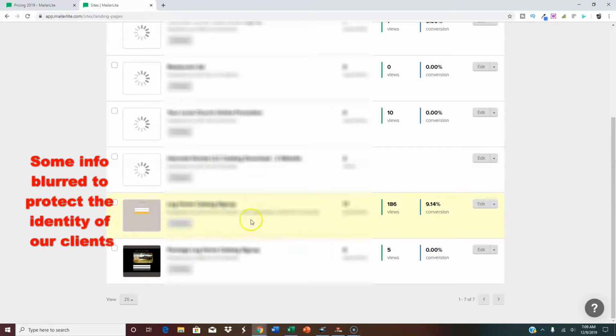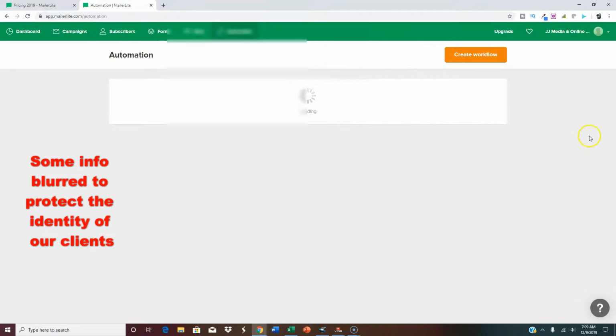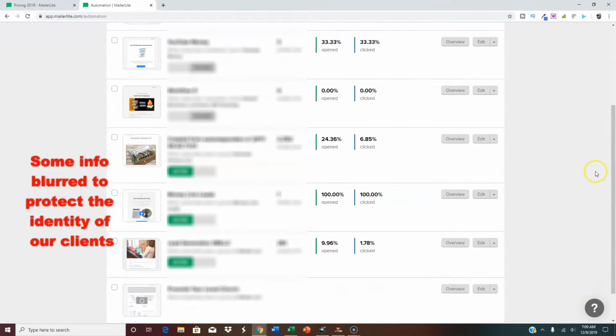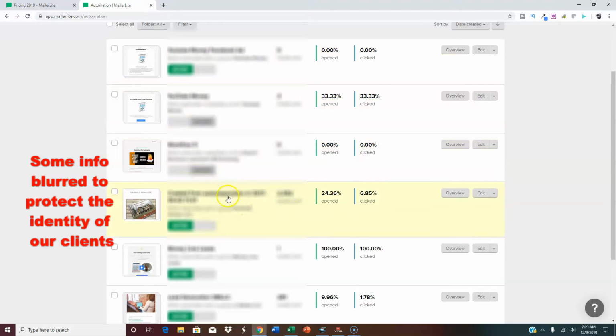Okay, I don't really have a whole lot, and there again, I have not really pushed this. So the one thing that I have done, here's another one that I set up for myself, that a lot of people have been joining up. And then autoresponders, it gives all the stats.